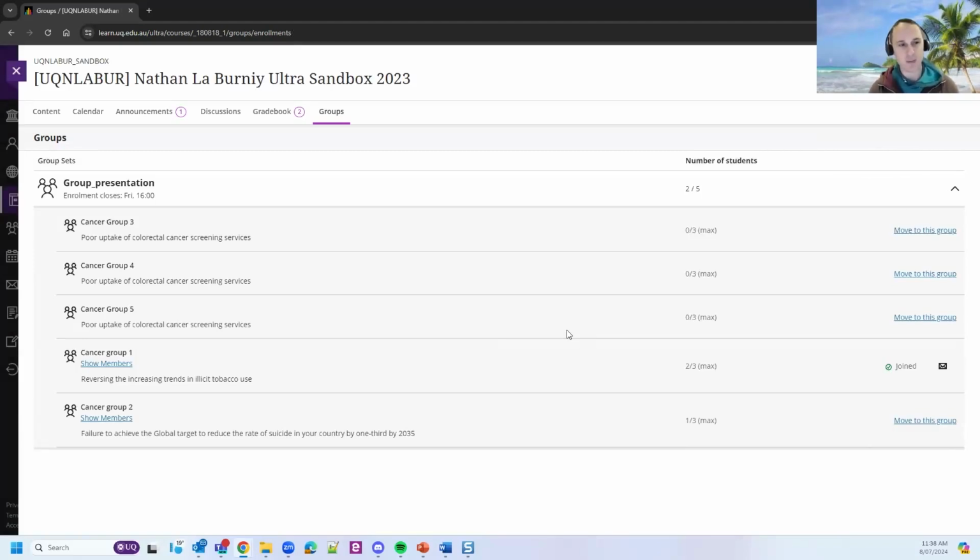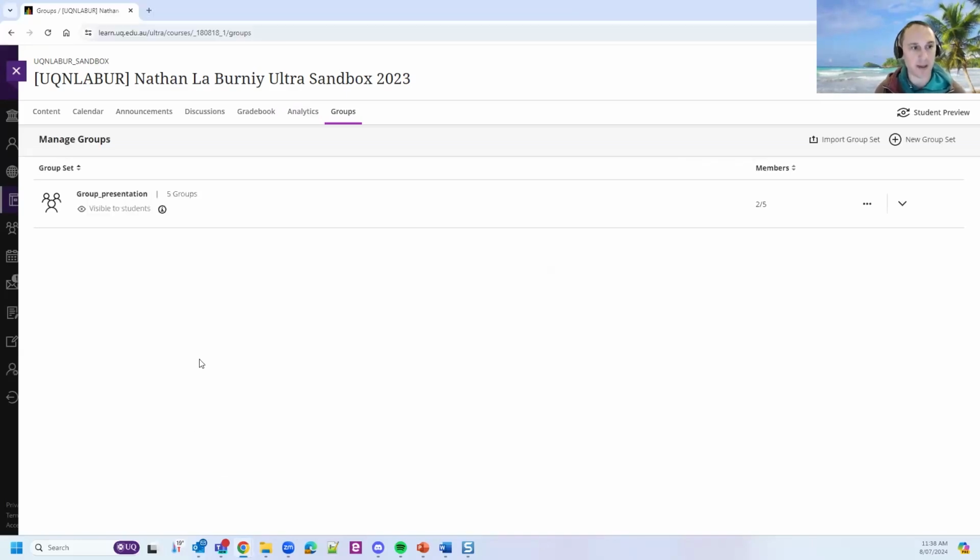This is functionality that wasn't available inside Original courses. Once a student joined a group, they were stuck in that group unless an instructor removed them from the group on their behalf. So that's something that's really great with the group functionality. And after Friday at 4 p.m., the students will no longer be able to change groups or allocate themselves to groups either. So in terms of setting up these self-enroll groups, on the staff side, you go into the